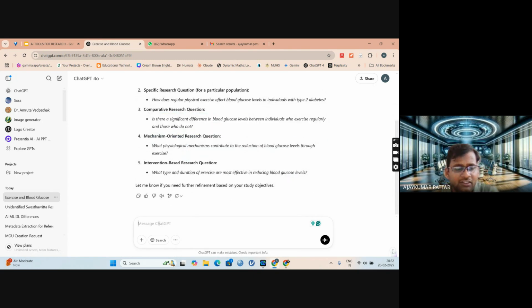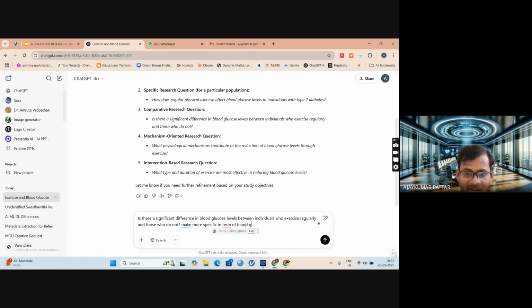So I will copy this and make it more specific in terms of blood glucose. Which blood glucose level, whether it is fasting or after the PPBS, the postprandial blood glucose level.